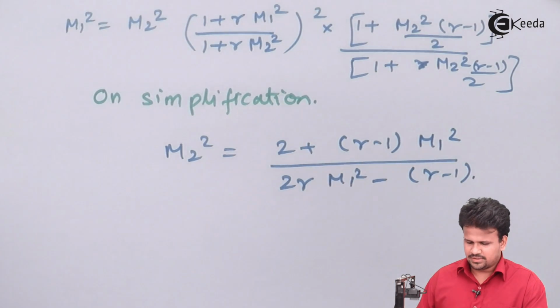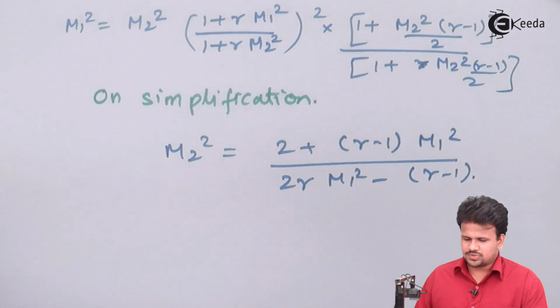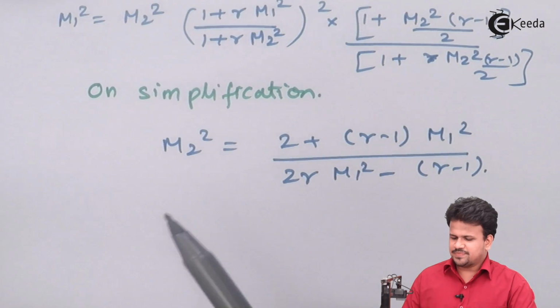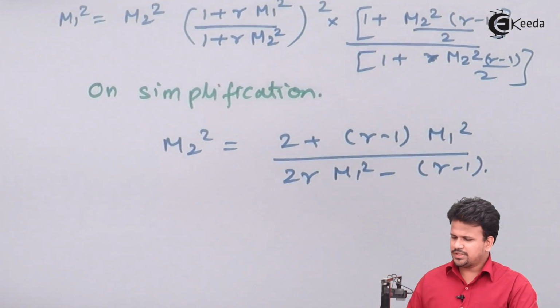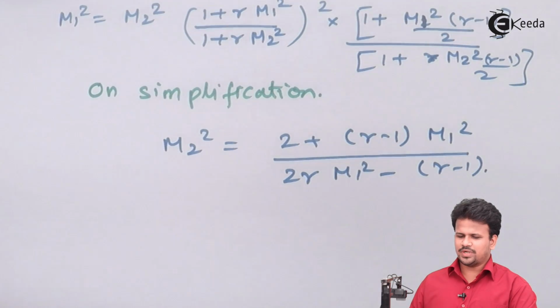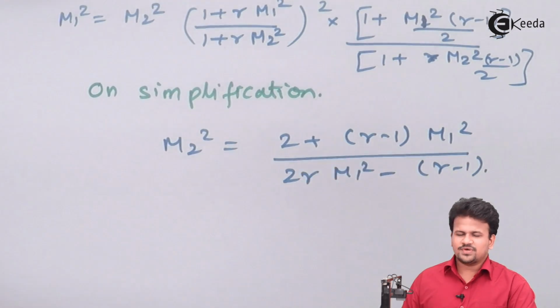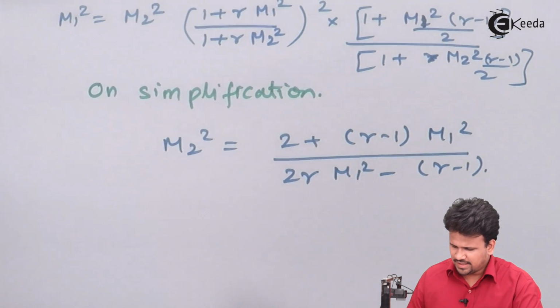Now the last part we can substitute, that is density in terms of one in terms of the other. So on simplification we have got this Mach number 2, this is the downstream Mach number in terms of Mach number 1. Note that over here we have M1, that is Mach number 1. So now this is Mach number 1 in terms of Mach number 2, and before this we have studied that